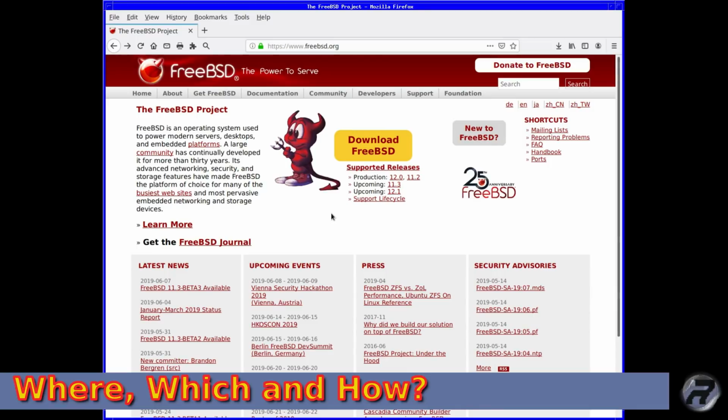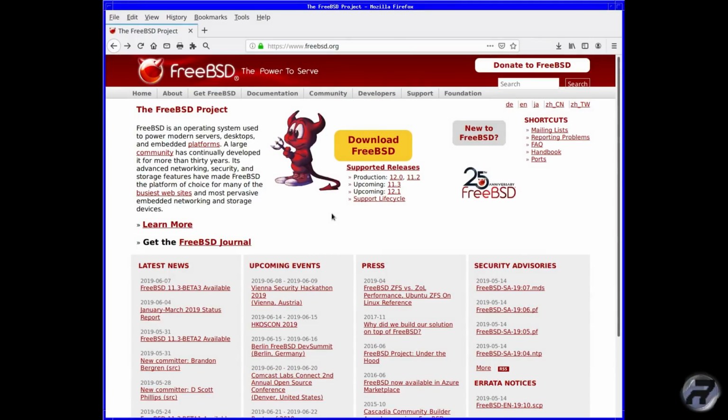This is the FreeBSD homepage, and here you will find right in the middle, in that yellow and red, Download FreeBSD. You have to decide, do you want the 12.0 or the 11.2, which are the current release versions. Here's upcoming 11.3, upcoming 12.1, and it goes into support lifecycle information. But what you want to do,